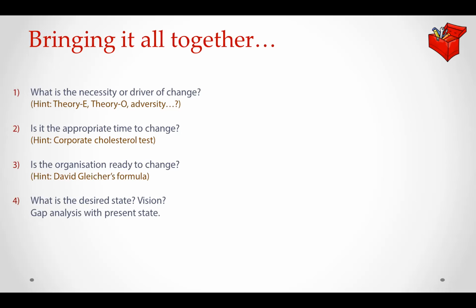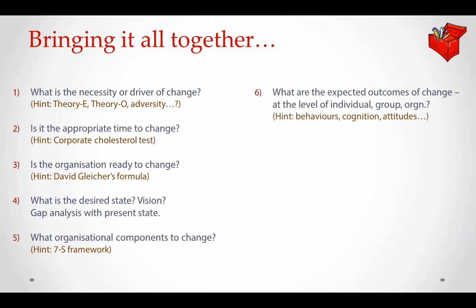And what are the components that you will have to change in the organization? And for this, we look at the 7S framework. Okay. So answering all of these questions gives you information that you will find useful to inform your next steps. All right. So if this is my end state, this is the gap that needs to be bridged, and these are the components in the organization that will change, I need to also ask,